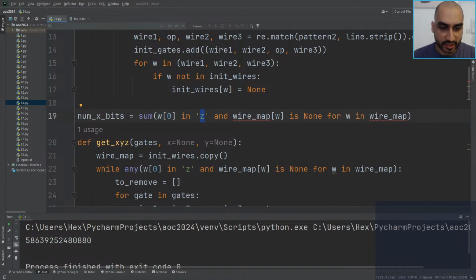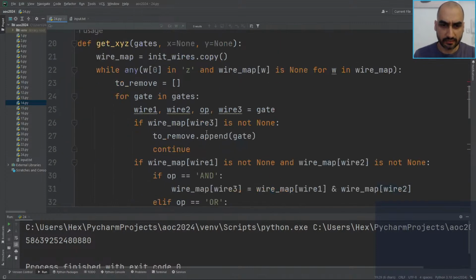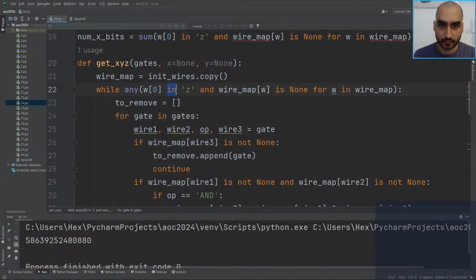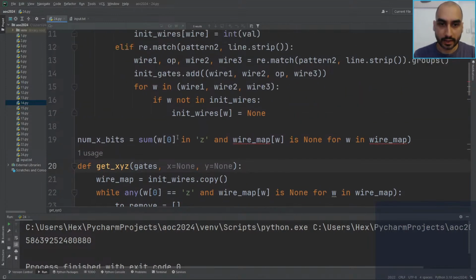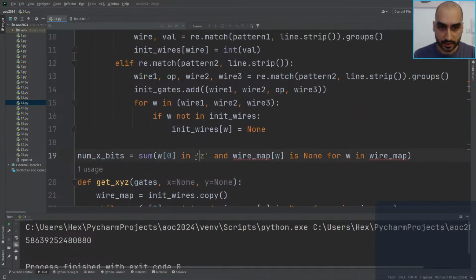Wait, did they actually say in the description? No, okay, we need to get it from the input. So sum w, why did I write that? Oh yeah, that is that. Okay, so sum w z equals